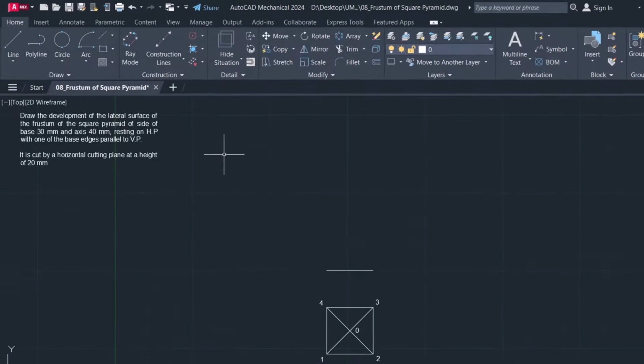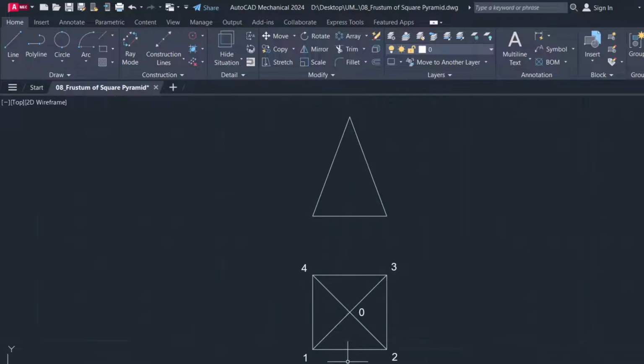And I know the height to be 40. So 40. Then I can connect this to that, and then this to that. Okay,